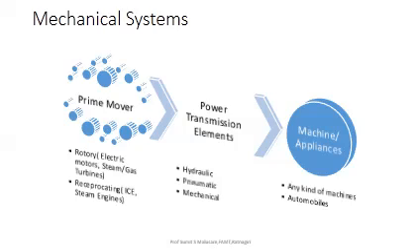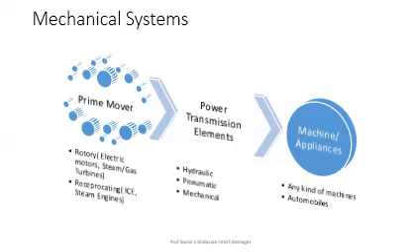And the third component is the machine or appliances. So any kind of machines or automobiles, that is machines or appliances, means that from which we can take the output. Okay, so I have to transmit the power from the prime mover to the machine at rated power condition and at rated RPM. It means that the application may run at lower RPM or higher RPM than the prime mover. So that conversion is created by means of power transmission elements.